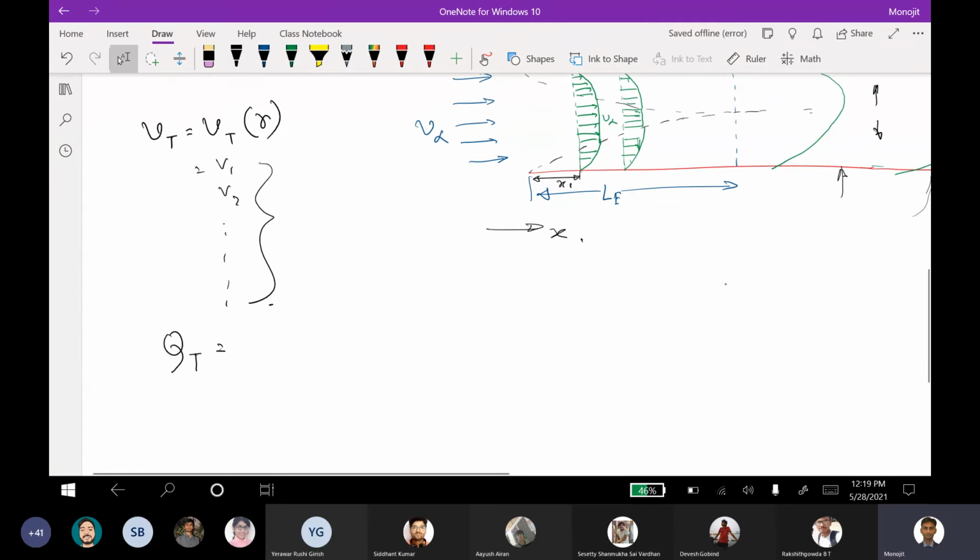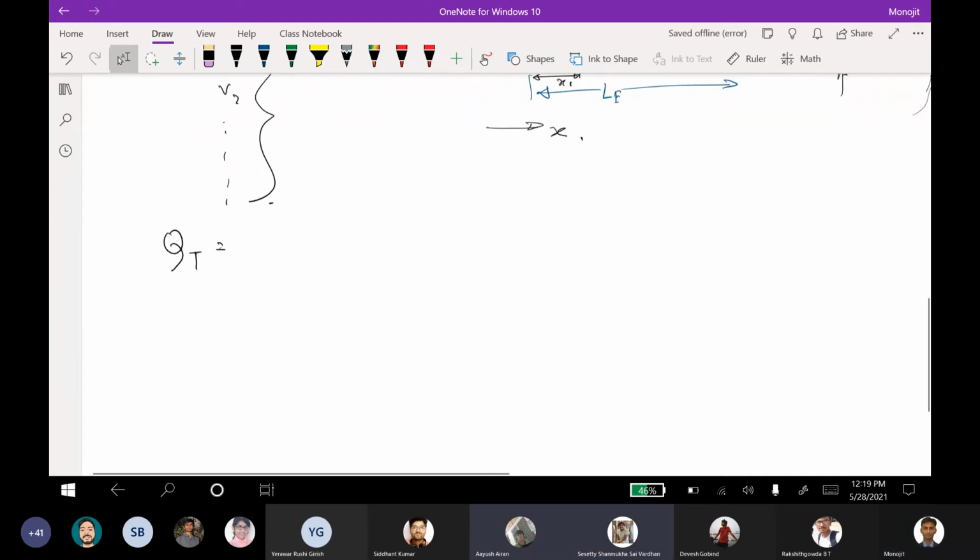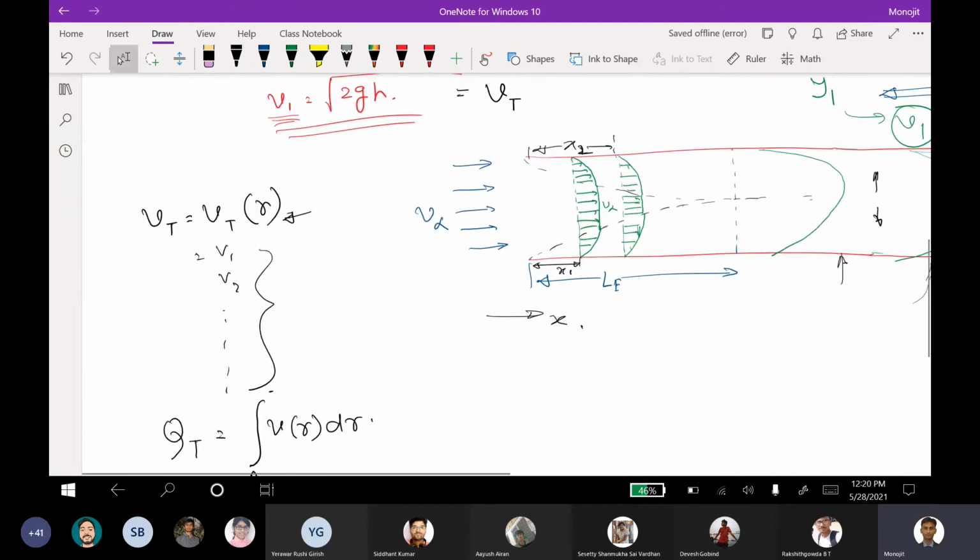It's a pipe with a cylindrical cross section. So area into average velocity. Not average velocity, you don't know the average velocity. You know the profile. Integral V dR. Yes, right, so we integrate it and then we'll find it. You just have to integrate over the area. This you can either do by numerical integration, or you can fit it with the curve and then do an analytical integration. Whatever you want.